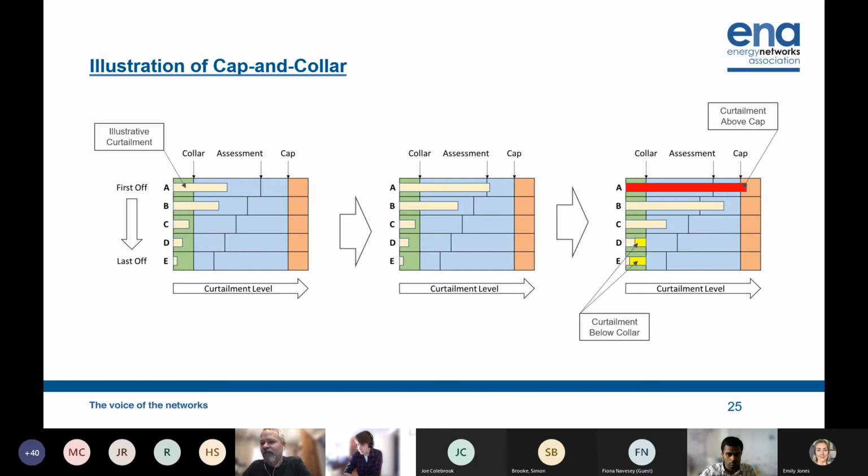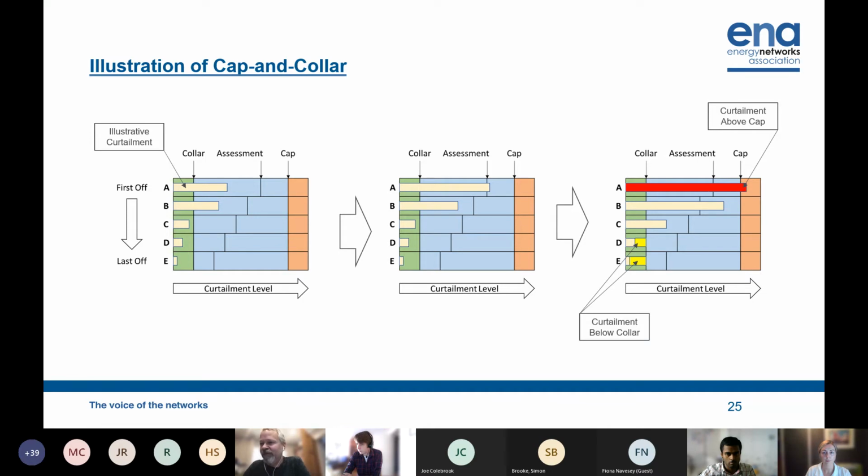So as of day one, what we're illustrating there is that the customer A, who's usually first off on the queue, will probably experience the most curtailment compared to customer E. As time progresses, as curtailment becomes more frequent and more severe due to background load changes, customer A is the one who will bear the brunt of that in terms of consequences. Customer E may even be completely unaffected. It all depends on the extent and the frequency of the constraints and how the A&M systems operate.